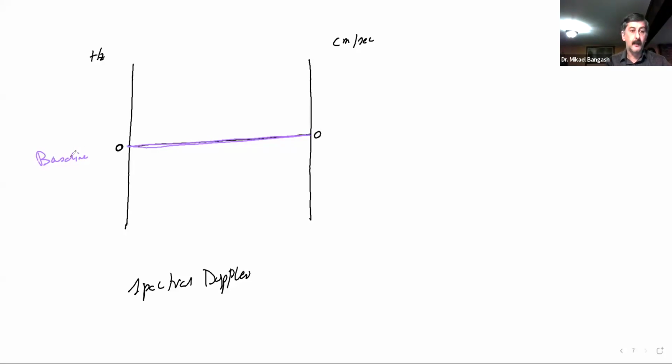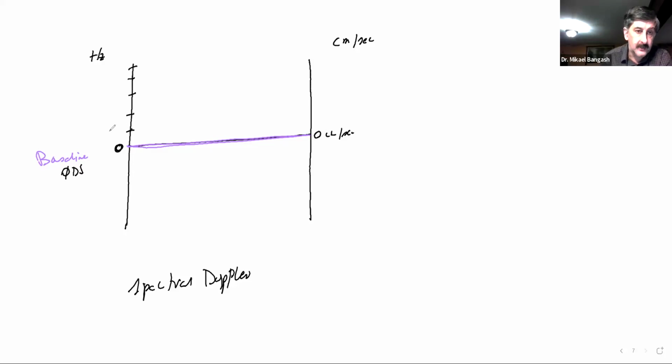Right. What was it that this baseline here mainly indicates? A zero Doppler shift. And likewise over here: zero Doppler shift, or we can say 0 centimeters per second, which means the blood is not moving, or we are carrying no Doppler shift. Whereas in most instances, as in a regular graph,